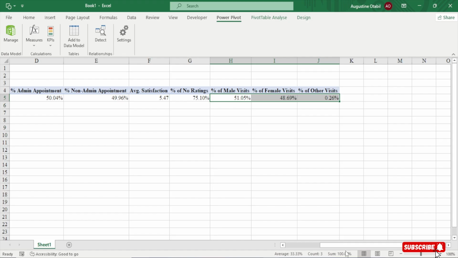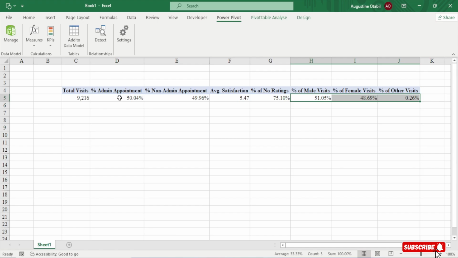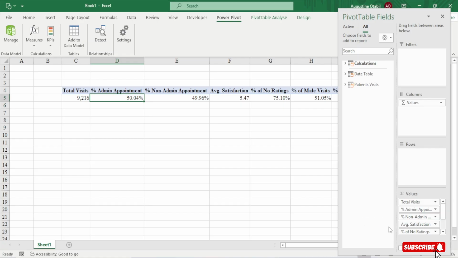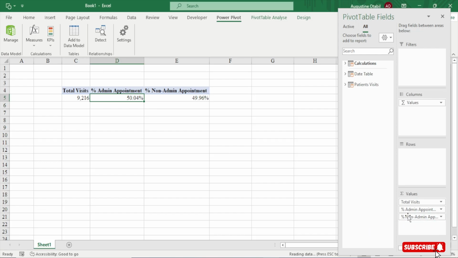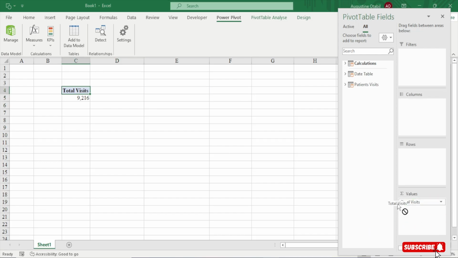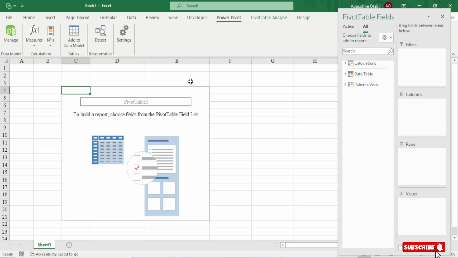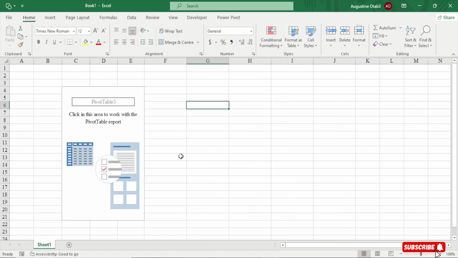So now you see it is summing up to what? 100%. Perfect. So now this is what you've been able to do. I think this is all the DAX calculations that we will need. So that is that. Perfect. So since we have all our measures calculated,